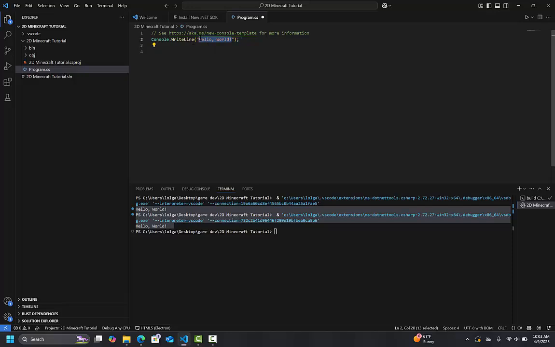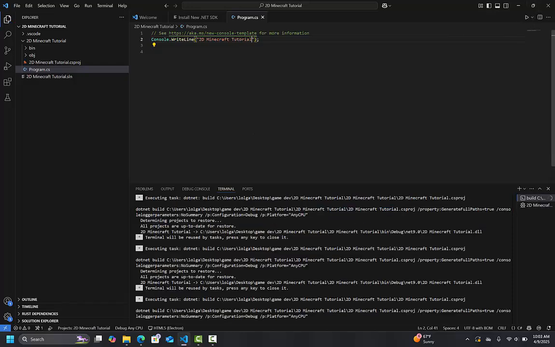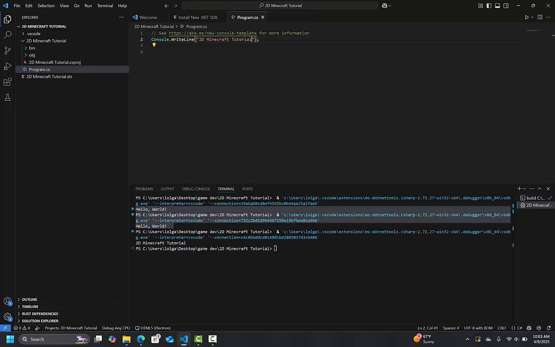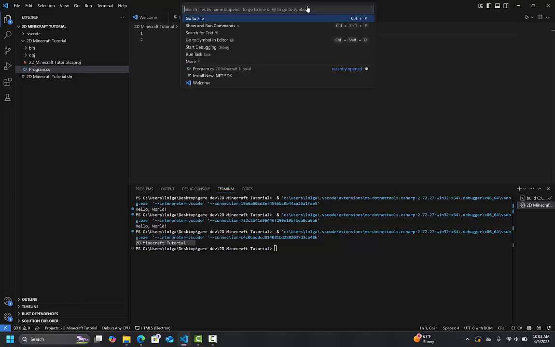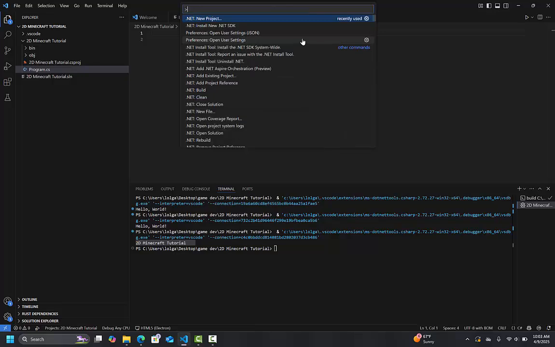Like, we can go in here and change this to 2D Minecraft tutorial. Press run, and it says 2D Minecraft tutorial here. Alright. So now that we've got our project set up, the next thing we can do is type this arrow